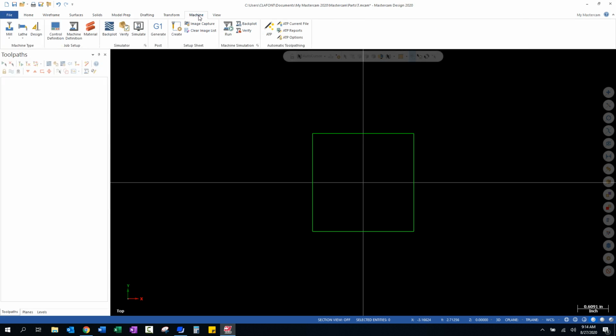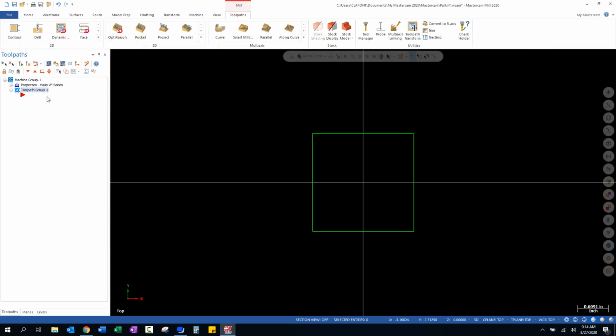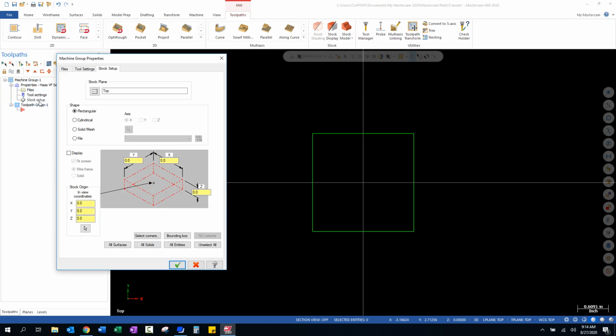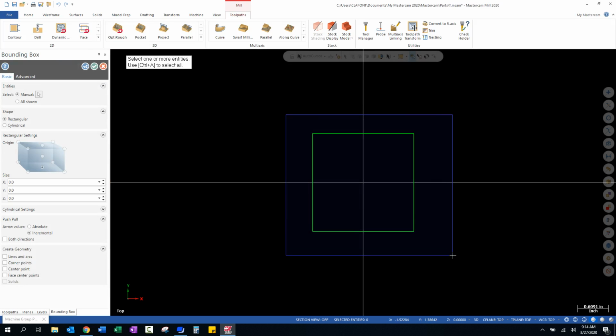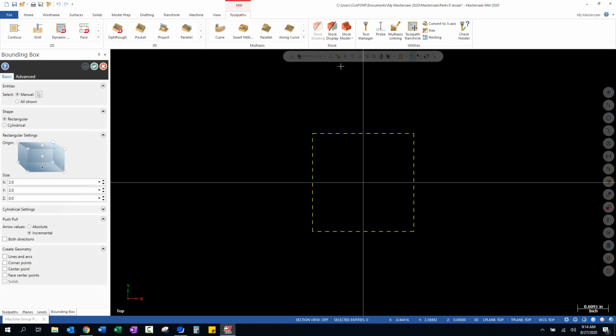I'm going to select Machine, Mill, and I'm going to pick my Haas CNC. You can see over here on the left-hand side it's populated with the Haas post-processor. And I'm going to go ahead and set up my stock, just like we looked at in the last video. I'm going to select Stock Setup, Bounding Box. I'm going to select around, or rubber band around, the geometry. In selection, I'm going to select the OK,